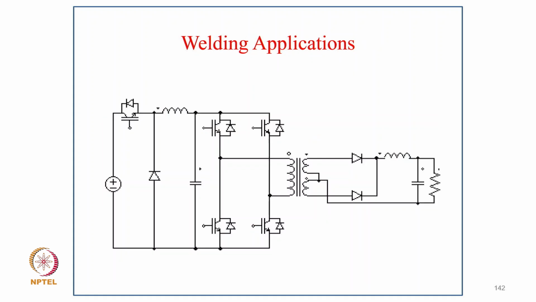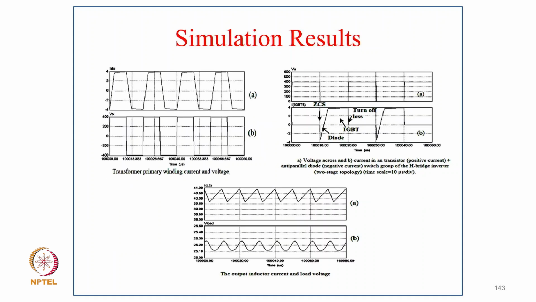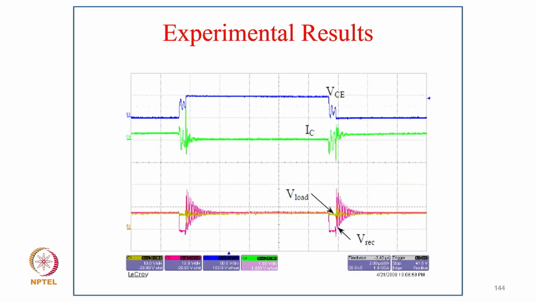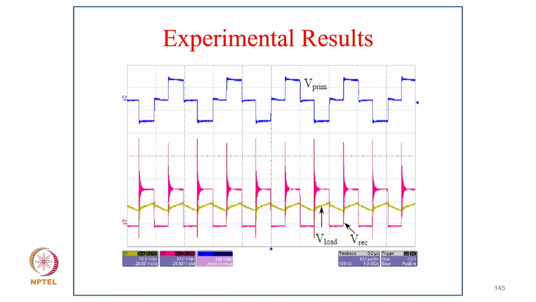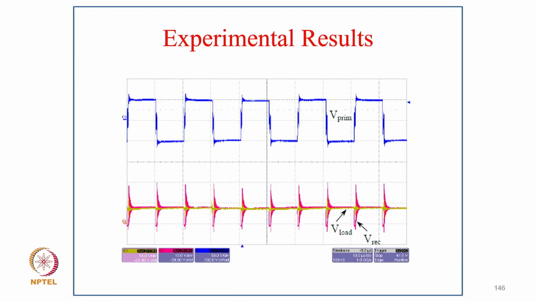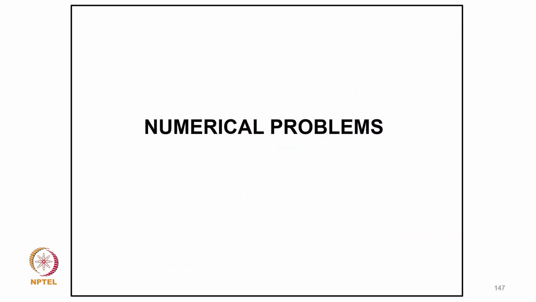We use a half bridge at the output because the voltage is low, and this is how the power factor correction is achieved. These are the simulated waveforms, typically for the application when the load is increased and the load is reduced. And of course the primary voltage and primary current prove that it's working fine, with different component values.